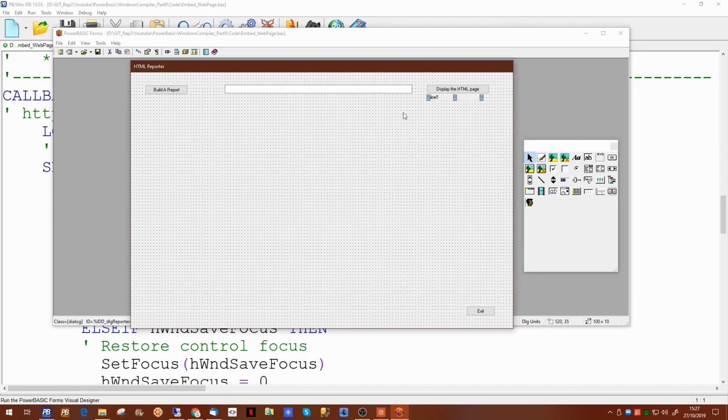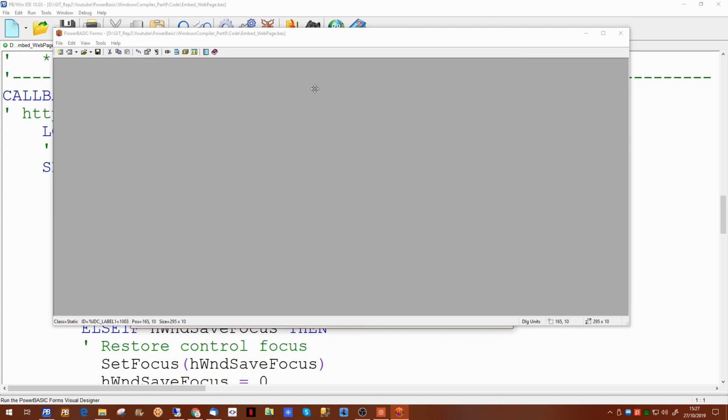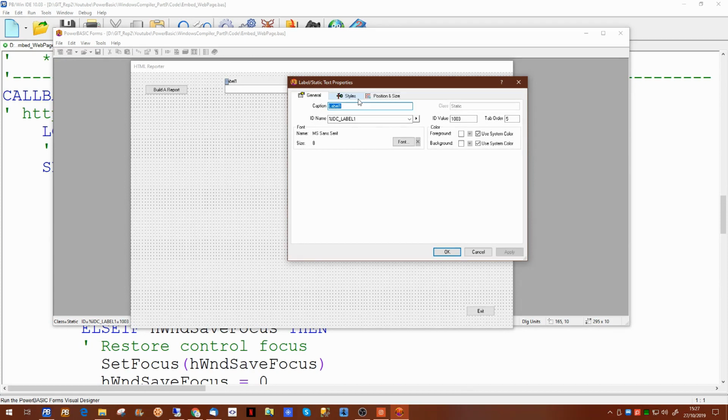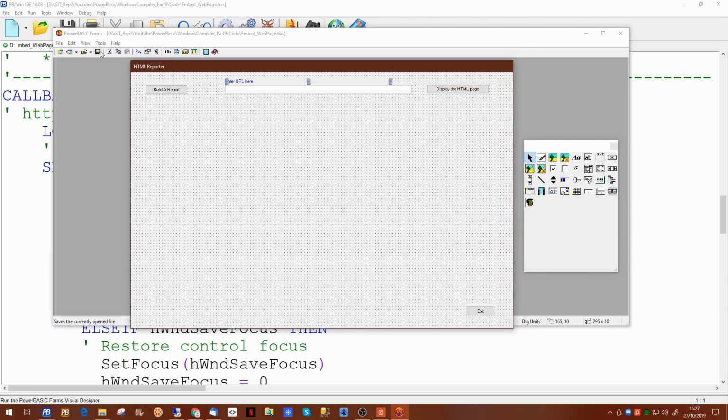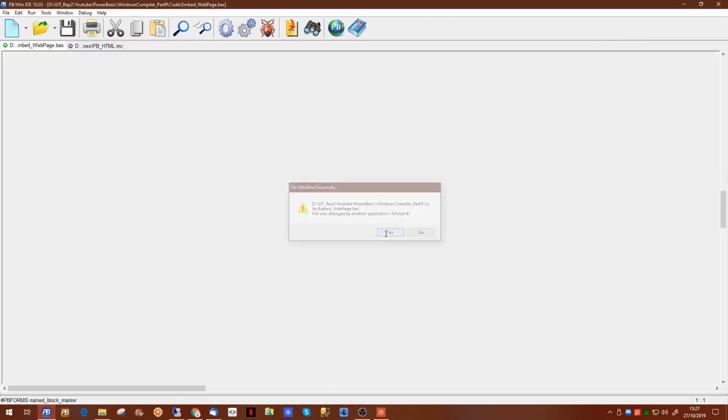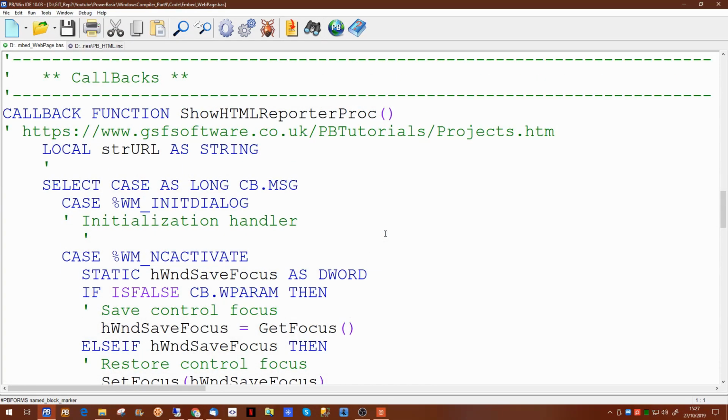Now if we just add a label here to give the user some clue what we're actually doing here. Right, okay, having done that and saved it, we'll go back to the main program. Now, in the main program,